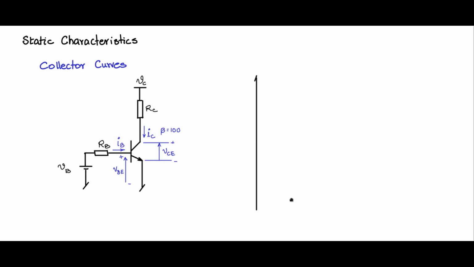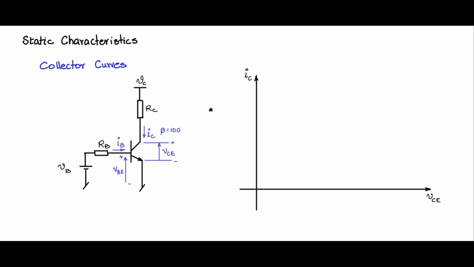So in this setup we need to get these collector curves. So we will have the X and Y axis graph. The X axis will be the collector to emitter voltage VCE. This is the voltage axis. And the Y axis will be the current, collector current IC. So the parameters are related to the collector side variables, and that is why it is called the collector curves. And sometimes in the literature it is also called the output characteristic. IC versus VCE.